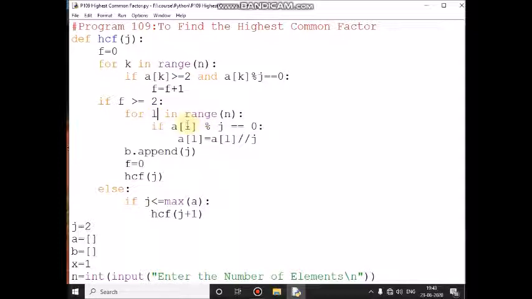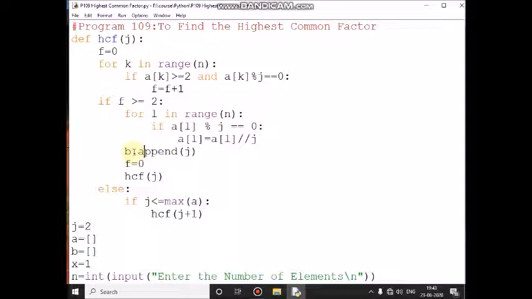A of third location value 30 modulo 3 means 0 equal to 0, condition is true. A of third location value 30 divided by 3, quotient is 10, will be stored in the a of third location. Then 3 plus 1, 4 less than 4, condition is false, automatically control transfers here.